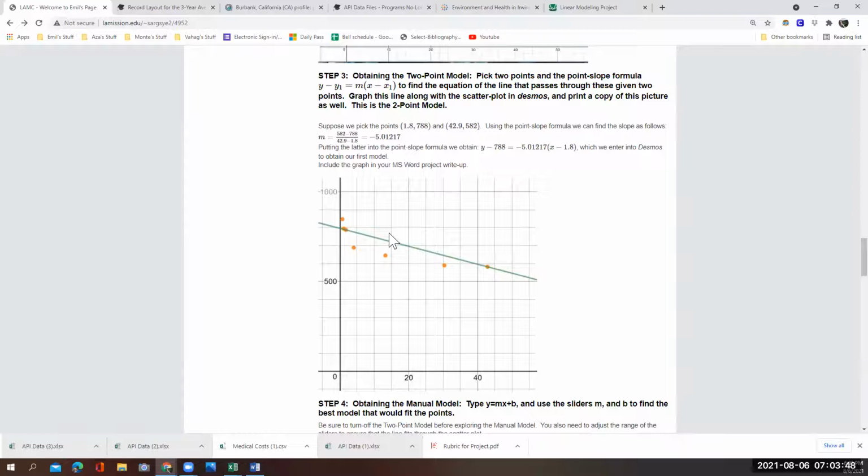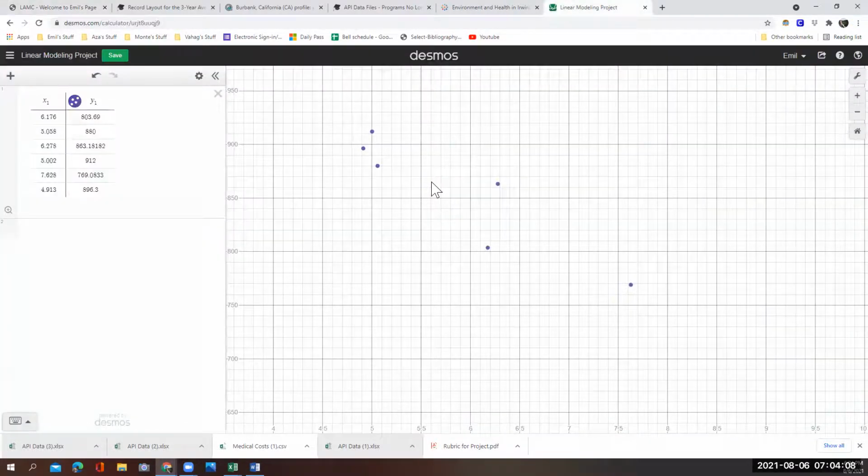All right, so step 3 is finding a line which passes through these points, using the method of just picking 2 points and then using the point-slope formula to find the equation of the line. So what we're going to do is pick 2 points. We just need to pick representative points, like these 2 points, for example. And it's super easy to do this. You can literally do this within